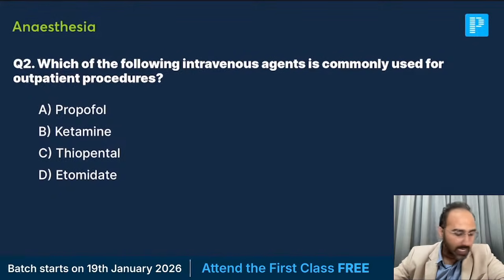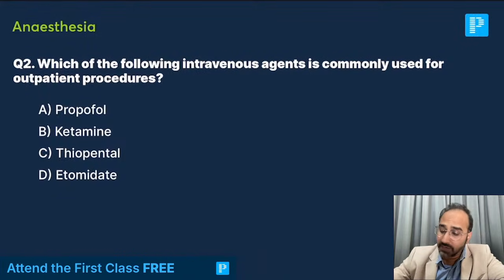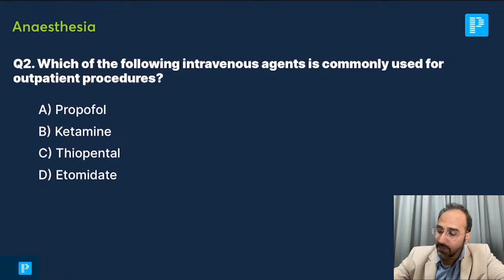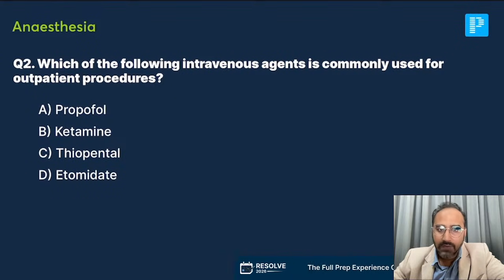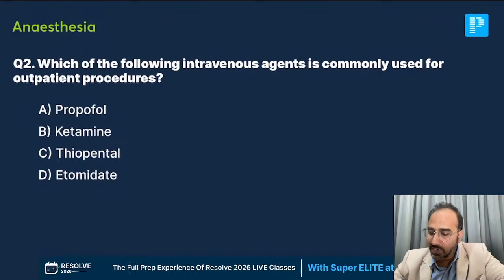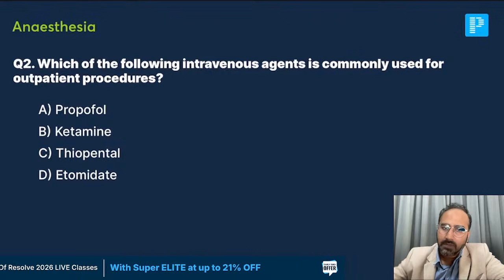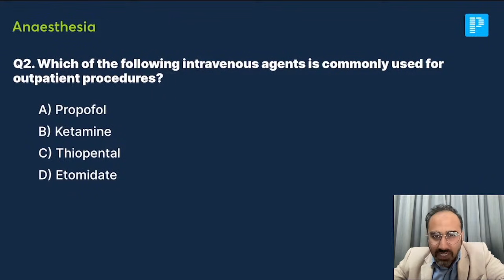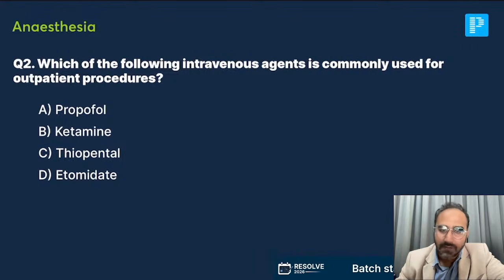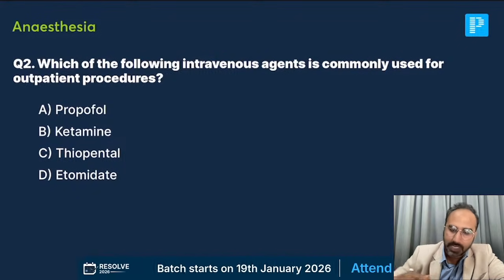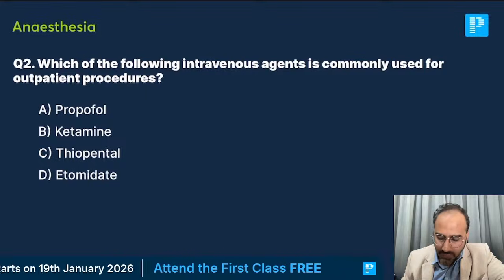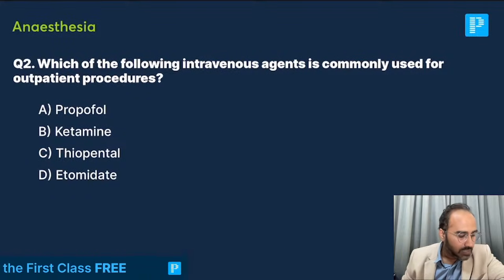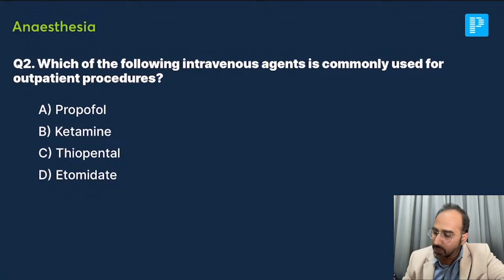Okay, so starting with the first question. Which of the following IV agents is commonly used for outpatient procedures? Guys, we have discussed this many times. Even though we might not have discussed it specifically for outpatient procedures, it's pretty obvious. Outpatient means daycare surgery. For daycare surgery, which is the IV induction agent of choice? So we have propofol, thiopentone, ketamine, and etomidate. So what's the answer? The answer for this is